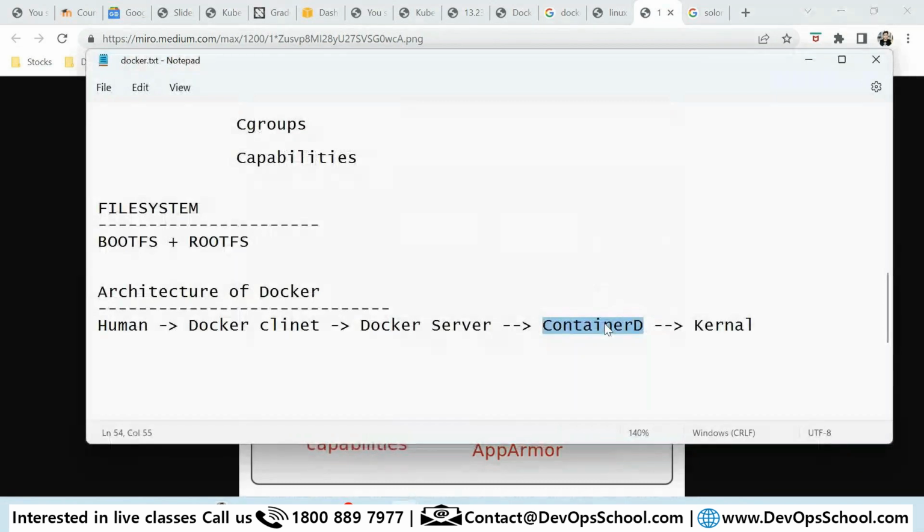Evolution. Okay. I'll give you some shocking news about Docker after one month in the Kubernetes session. Let's learn until then. So client,